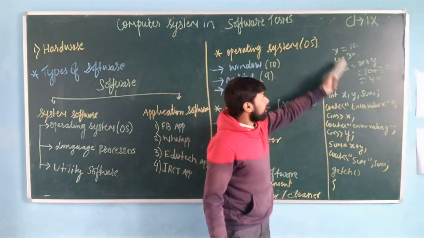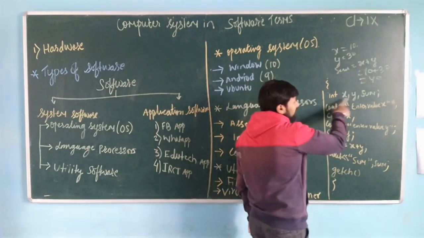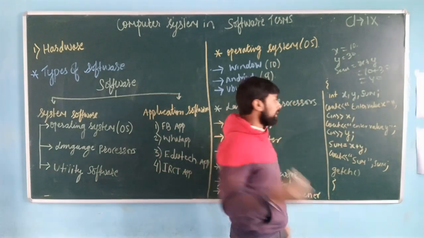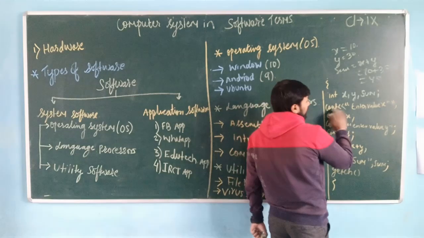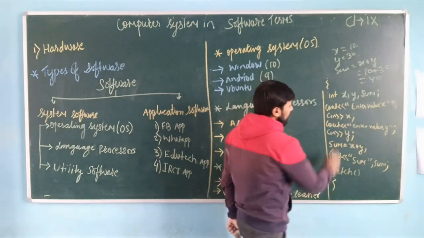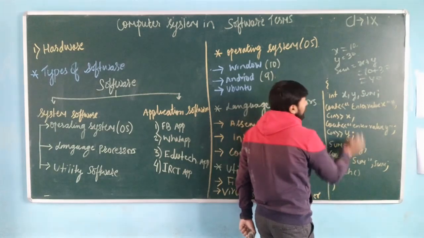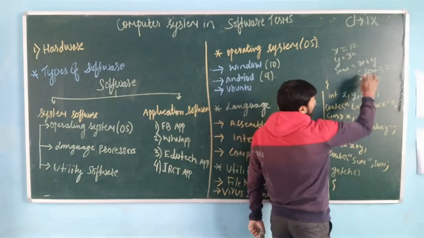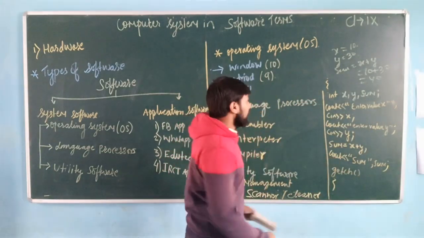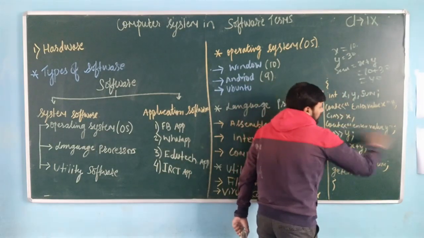That is a simple program which is written in C++. Now see, we have to first define x, y, sum as int, integer. Now cout means enter the value of x. We have entered the value of x, that is 10. Now enter the value of y, that is 30. It will automatically do the sum and give the result, that is 40. That is a simple program written in C++. So see, this is the instruction. In a program there are many instructions.